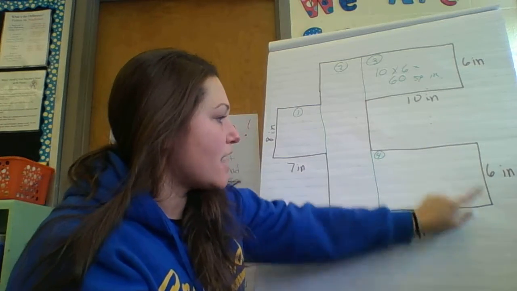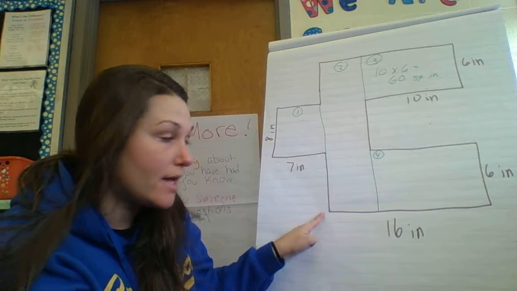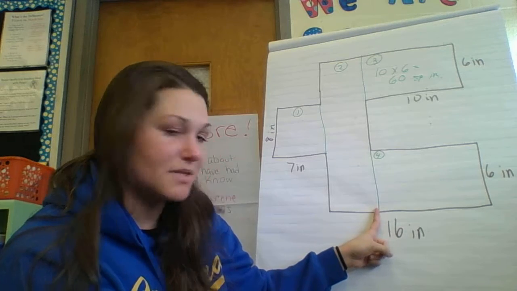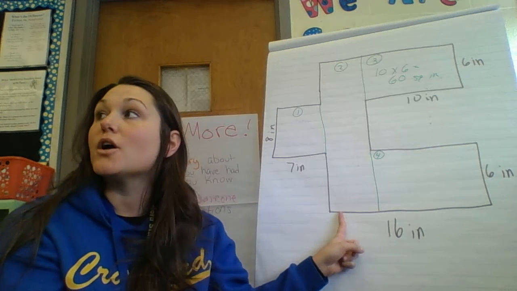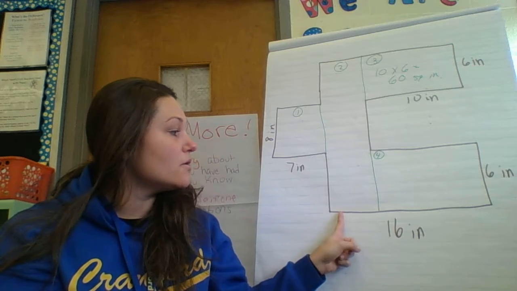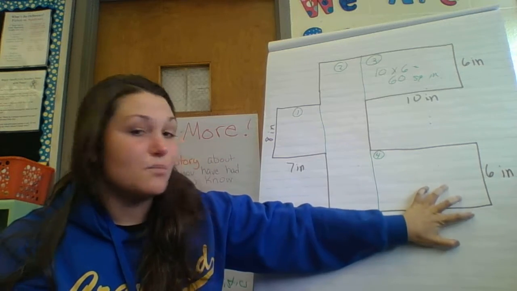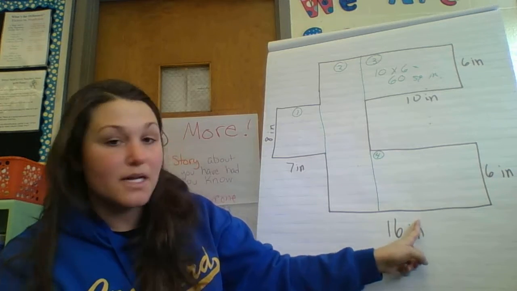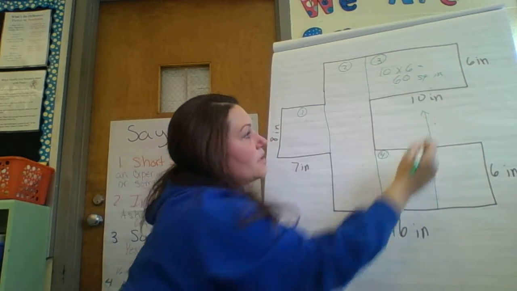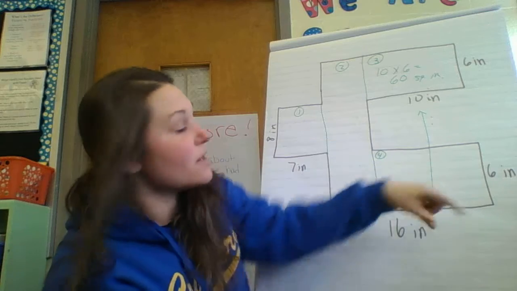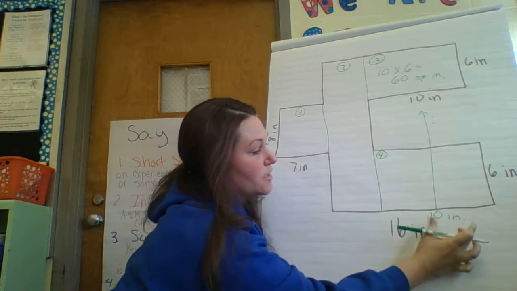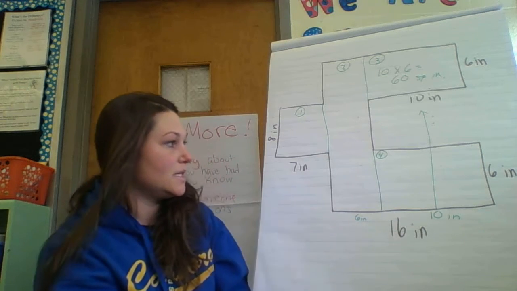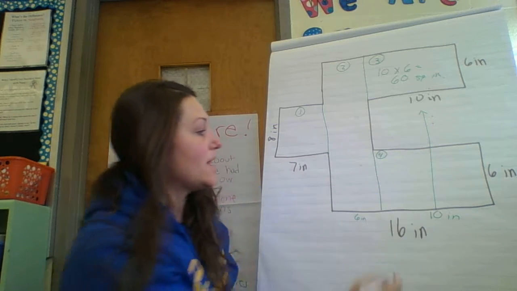All right, when I look down here, I notice that I have 16 across this entire side length and 6 down this side. This 6 is fine here, but I'm looking across here and I only need up to this spot, and I have this extra here. So there's going to be some solving I'm going to need to do. So looking at this, I have to figure out what this missing piece is. If this entire length is 16, what would this side be? Now looking, I know that opposite sides are equal. So when I take a peek right up here, I see that I have an opposite side length right down there. So I know that this side length is going to be 10 inches. If this is 10 and my entire side length is 16, I also know that this is going to be 6 inches. So here again, I've got a 10 by 6,